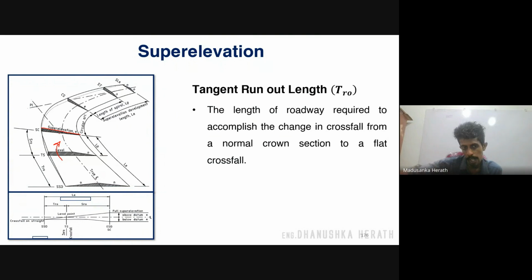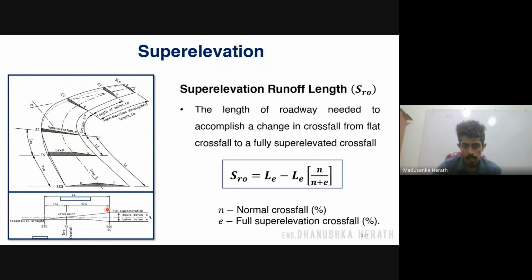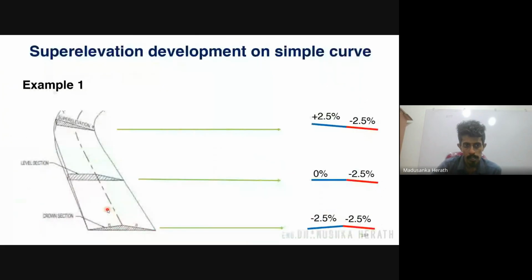This was minus 2.5 and this will be plus 2.5. Right, I can explain it like this also. Initially we have minus 2.5 and minus 2.5. Then we rotate this